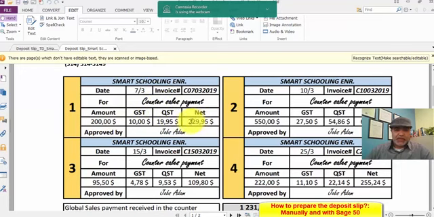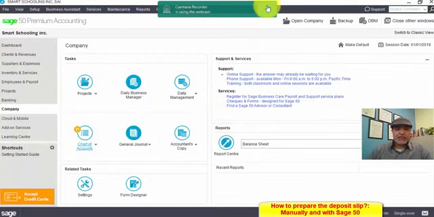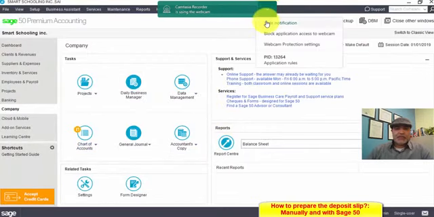The amount after tax will be $229.95, approved by our cashier Jobs Adam. To record it in Sage 50,